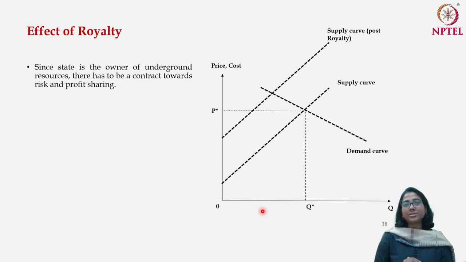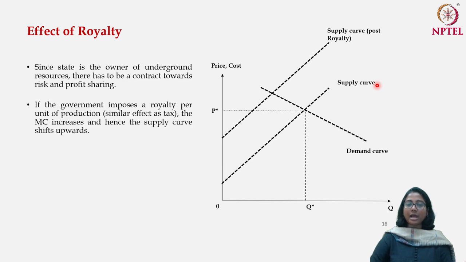Once this tax or royalty is imposed, then for per unit of production, the supplier has to pay something to the government. As a result, there is an increase in the per unit cost of the supplier, and the supply curve of this fossil fuel supplier moves from here to here. So it goes up, which means that if you still want to continue with Q star amount of production, your marginal cost has gone up. However, if the demand curve remains unchanged,